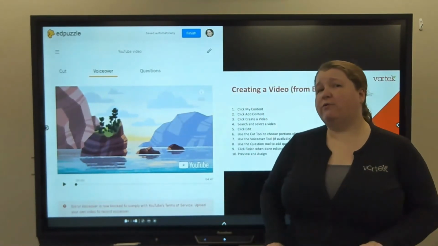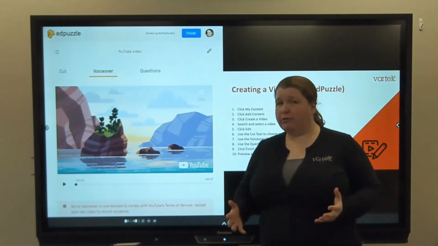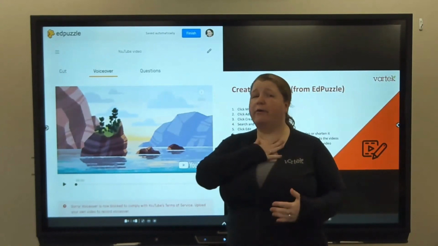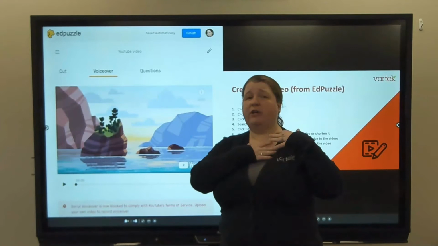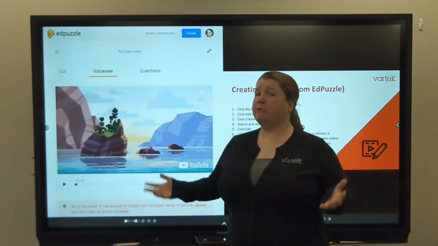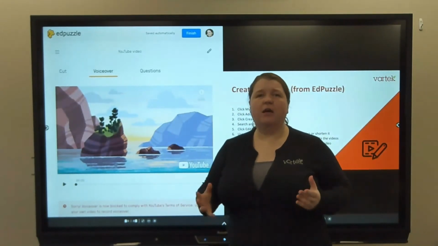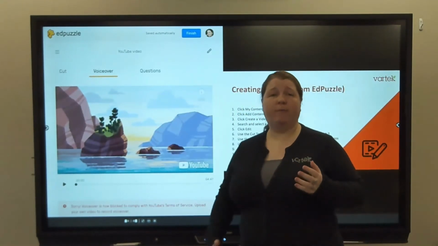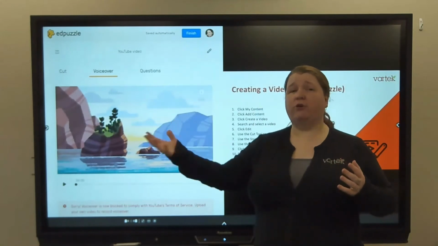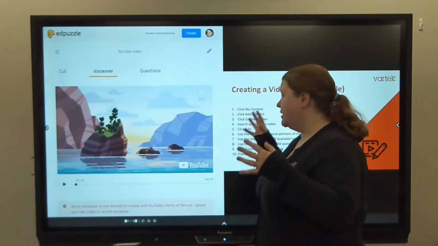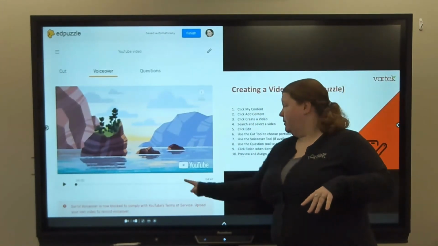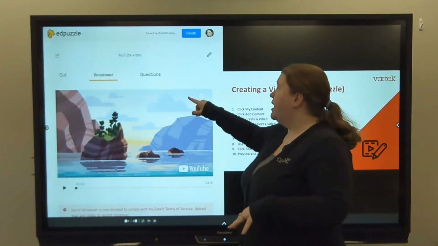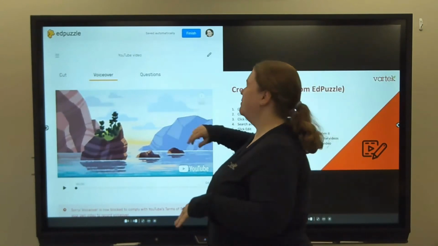Now the thing with voiceover is it only works on certain types of videos. If it's a YouTube video, YouTube has protections on it that won't allow us to voice over it. If it's a video that you've created, or if it comes from a different company, you're going to be able to record your voice over it. So if it's someone displaying how to do a math problem, you would be able to speak over it and explain the math problem. Since this is coming from YouTube, I'm not going to be able to voice over it, so I'm going to skip this part, and I'm going to go on to the most important part,